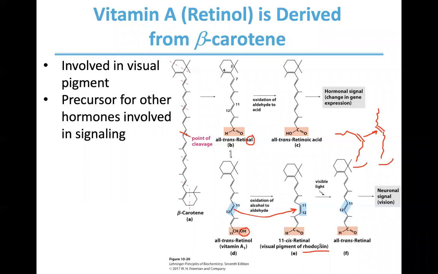And so the conformation of the protein will change, and that will initiate the nerve signal transduction pathway. The photon of light will be converted to an action potential in the